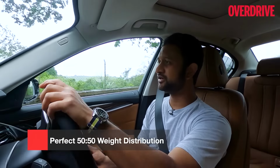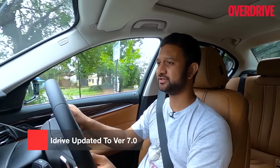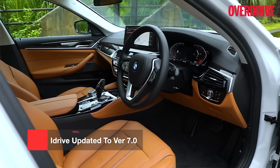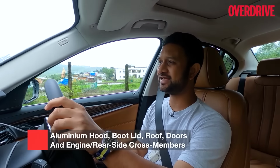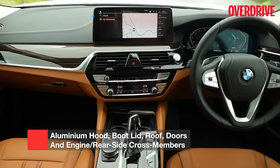While the interiors remain largely the same, your user experience is tweaked quite a bit with the introduction of BMW's latest generation of iDrive, the iDrive 7. It also brings wireless Apple CarPlay and Android Auto, and in some markets you get the digital key feature, which lets your phone act as your car key, but the My BMW app isn't available in India to download just